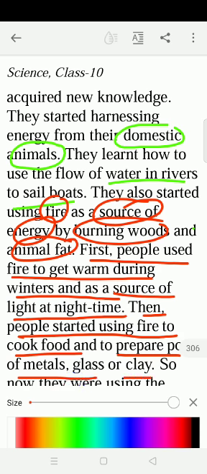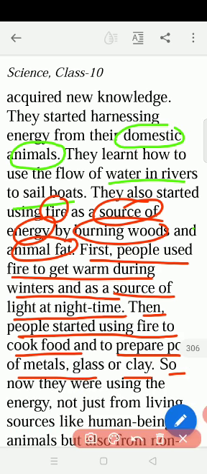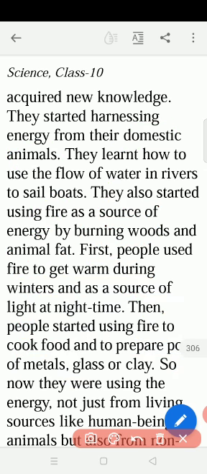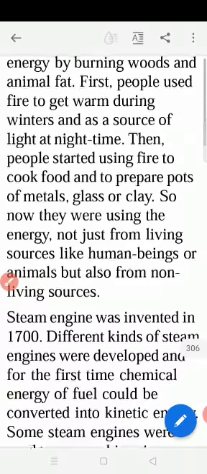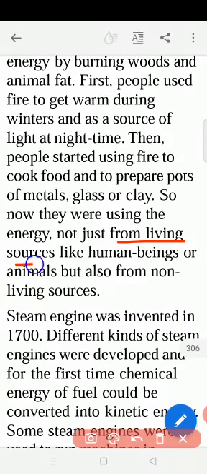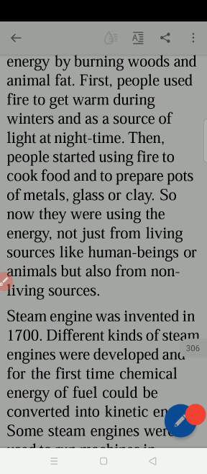metals, glass or clay. So now they are using energy not only from living sources, they started to get energy also from non-living resources. First they used the chemical energy in their bodies, second they used the domestic animals, third they used water to sail the boats, and then firewood. Okay, so then again we listen to